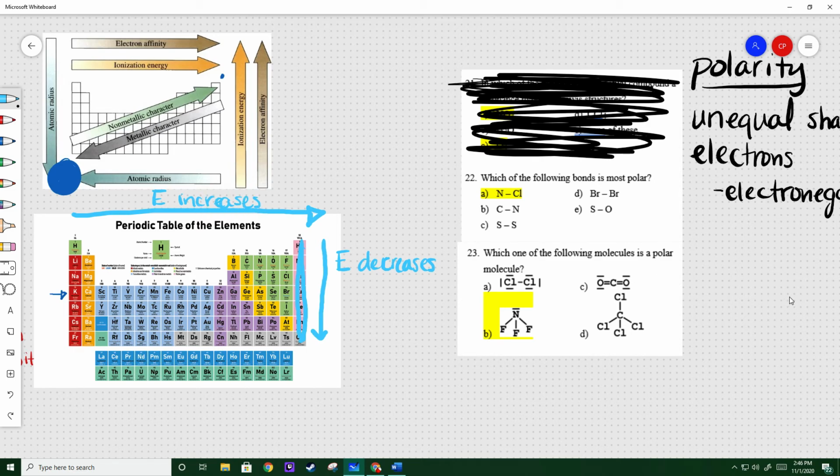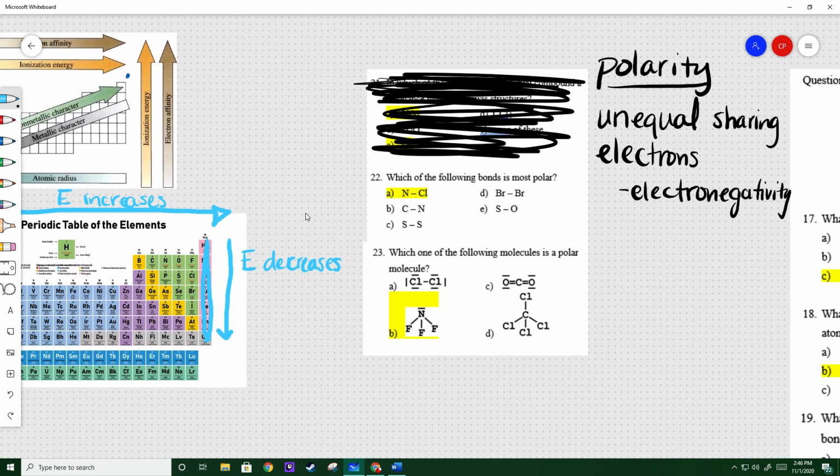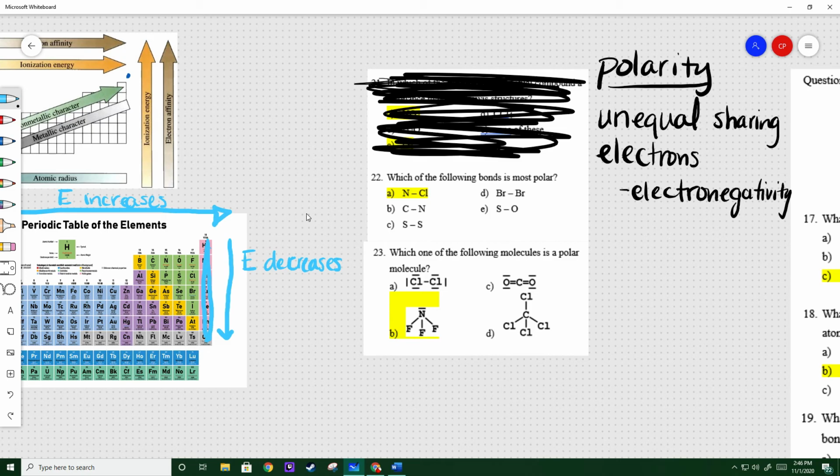So just in case you forgot what electronegativity is, it's basically how much an atom wants an electron. And the reason we have 0 values, or these are all 0, is because they don't really want electrons. They're perfectly satisfied because they have a full shell. Okay. If we look here, we have